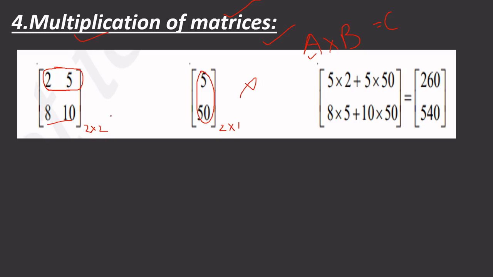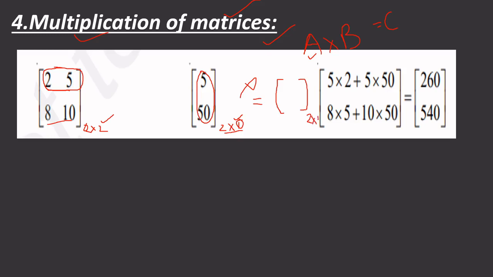Now first we identify what type of resultant matrix this multiplication gives, like 2 cross 2 is multiplied with 2 cross 1. There is no addition of these two matrices, because they have different orders, but matrices of different orders can be multiplied though not added. For addition there must be the same order of matrices, but here we have different orders, 2 cross 2 and 2 cross 1. Now the first element is 2 and the last element is 1, so the resultant matrix of this multiplication is 2 cross 1.